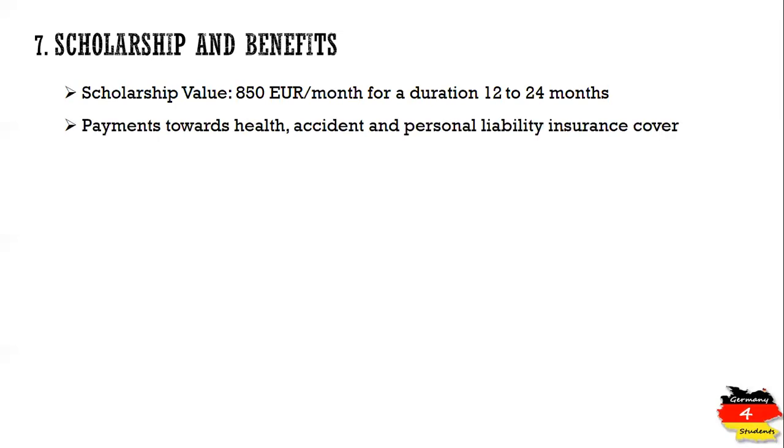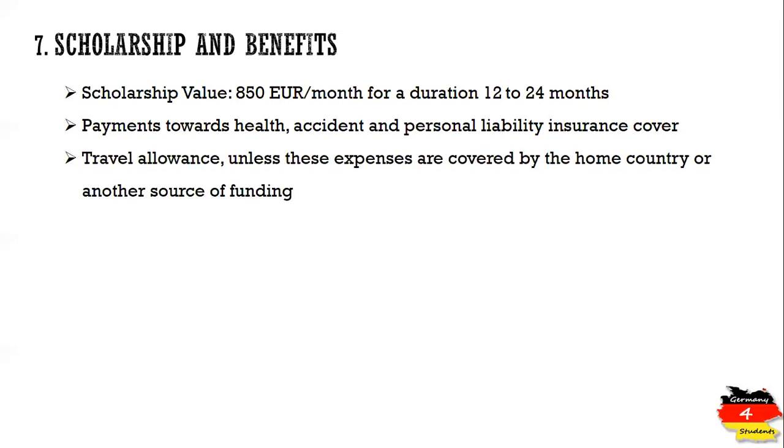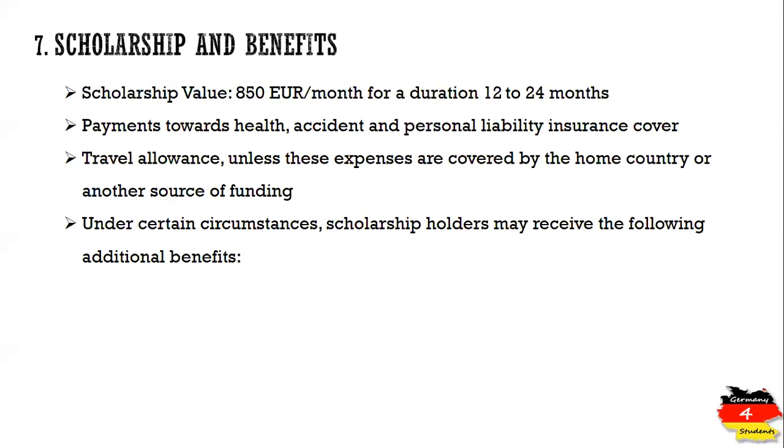The payment towards health insurance will be covered, and accidental and personal liability insurance will be covered. This is a very big plus advantage. If you alone go for the health insurance, which is mandatory for students, you have to pay around 90 to 95 euros per month. Your travel allowance will be covered, and under certain conditions, scholarship holders will get additional benefits,